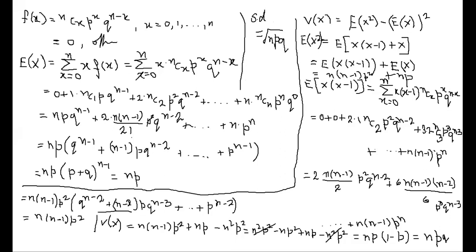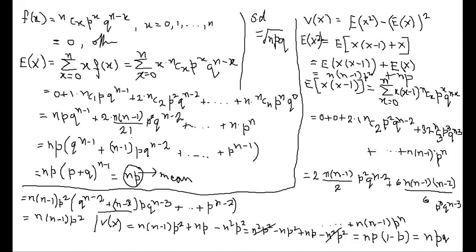So in this way, what we have found: we have first taken the PMF. Since we are doing the binomial distribution, we are considering a random variable following a binomial distribution. We have taken the PMF of binomial distribution as small f of x, and then for the mean of the random variable x, first we have found expectation of x. Expectation of x gives us the value np. So this is our mean of the binomial distribution.